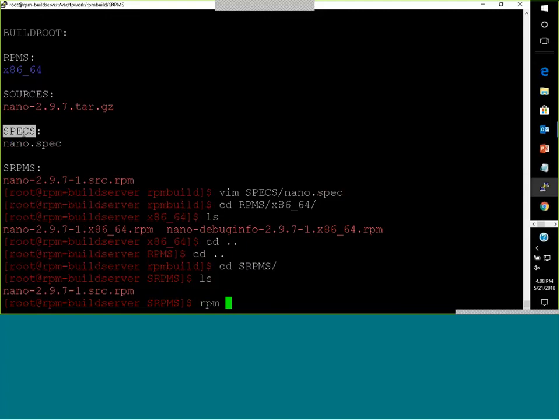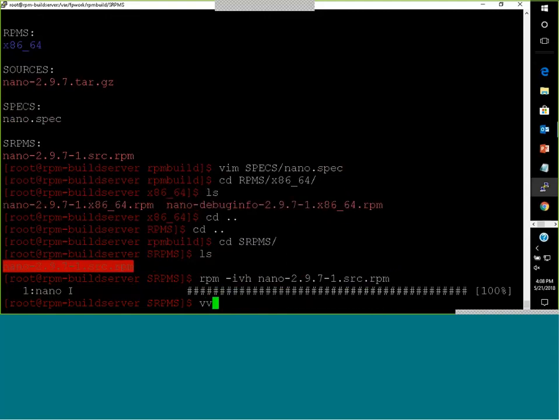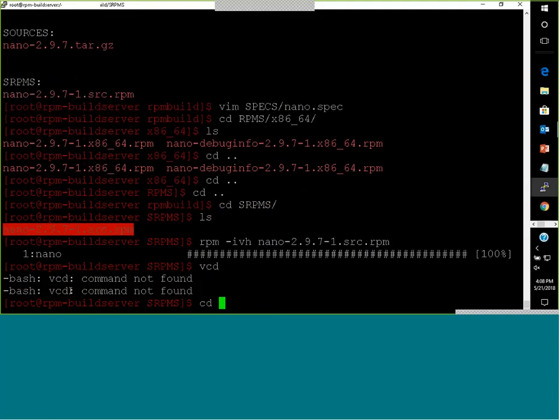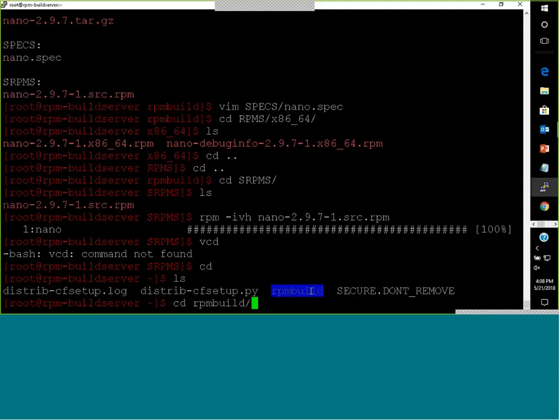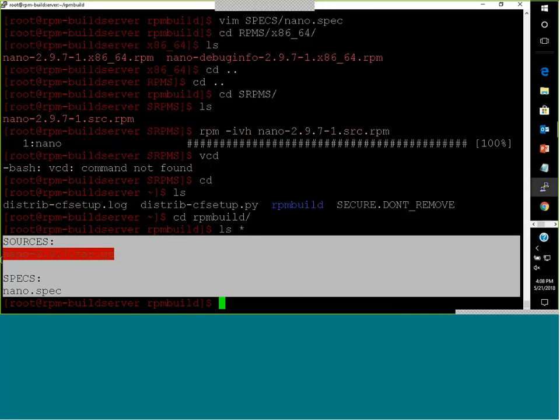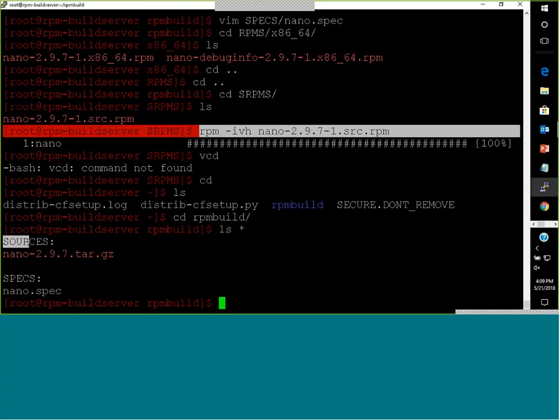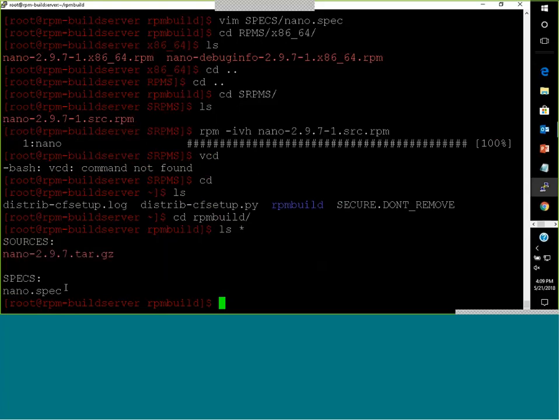Let me show you. If you extract it with rpm -ivh and then the source RPM name, in your root home directory you will get another rpmbuild folder which contains the sources and specs of the particular component, which we can say is for future purposes. If anyone wants to know what is inside the source RPM, for that we have to extract the source RPM. So we can see our sources and specs files here. Okay,